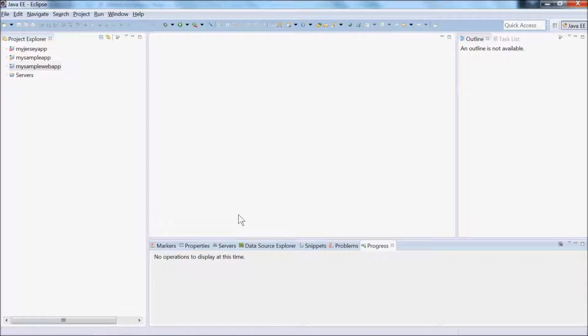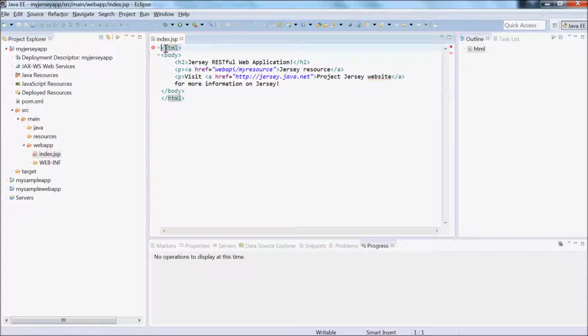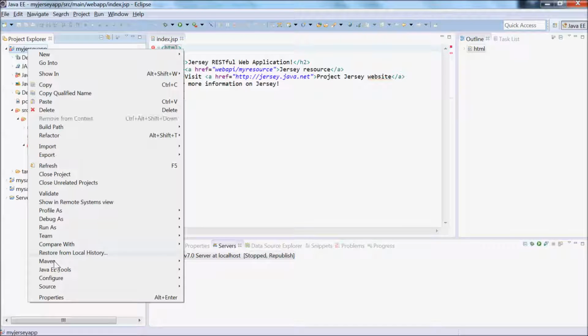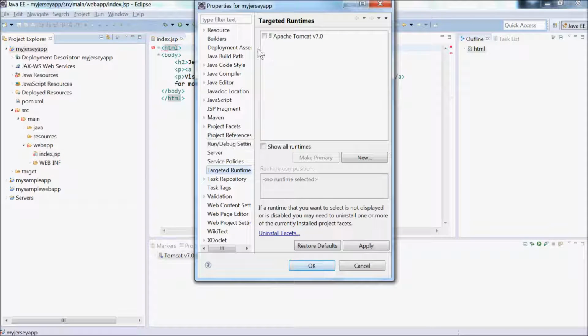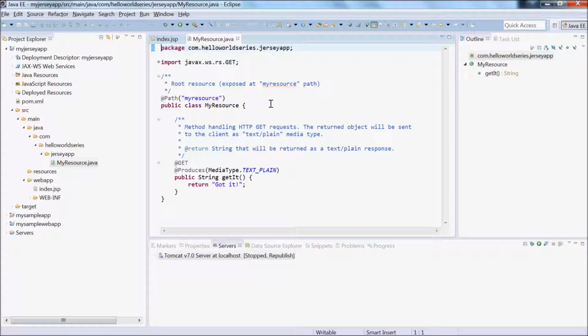It's all done. Again, we are seeing one issue in index.jsp which we saw earlier, so I believe it should be about a server dependency. So let's add that. Here it goes. So this is the project for you which used Jersey, and you can see here this is my resource. So you can imagine, see it, all JAX-RS based Jersey implementation project.